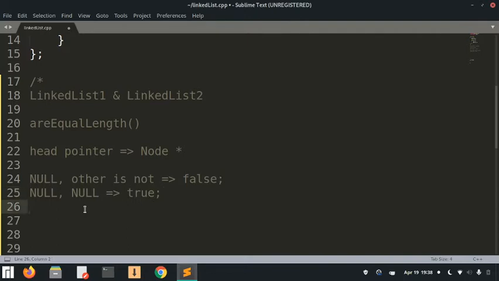But what if both of them are not null? So this is not null and this is not null as well. Well, what we can do in this case is get the solution from recursion, because we do not know right now if they are equal, but we know that removing one node from both of them will result in the same problem, same sub problem. So let's say one of the given linked list of length 4 and the other is of length 5. So initially we do not know the lengths, we only have the heads, but we can easily remove the head and give the rest of the linked list to the recursion.